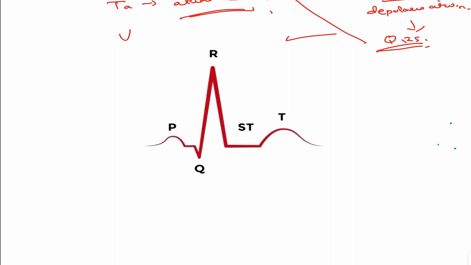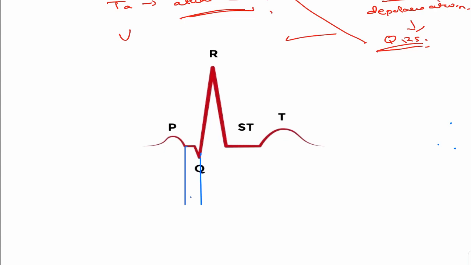The first segment we are going to discuss is the PR segment. So let us see where the PR segment is. Now the PR segment starts from the end of the P wave, from here till the start of the Q wave. Till the start of the Q wave, it is called the PQ segment. But most of the time the problem with Q is that in many ECGs you can't see the Q wave. And what was Q? Septal depolarization. Many times this gets hidden. Septal depolarization is not seen.